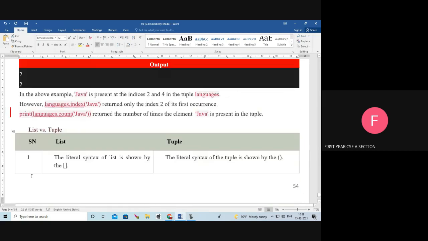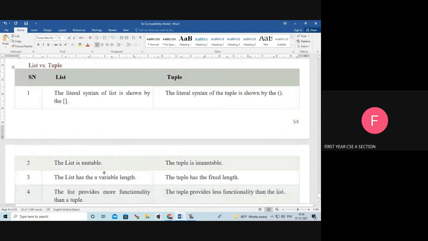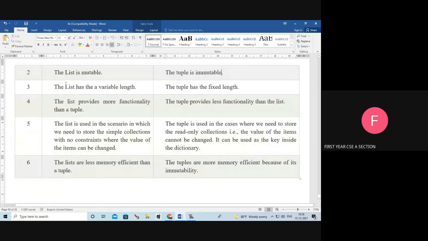Next, we are going to see the difference between the list and the tuple. A list uses square brackets, a tuple uses parentheses. A list is mutable, a tuple is immutable. A list has variable length, a tuple has fixed length. A list provides more functionality, a tuple less functionality.